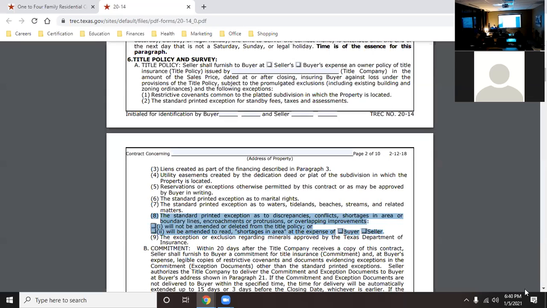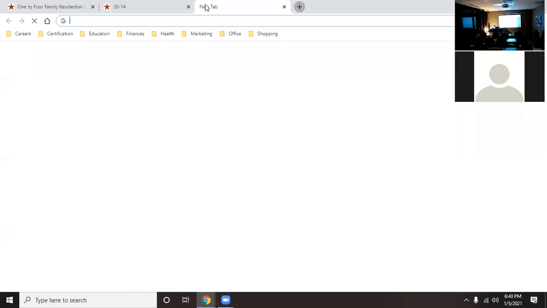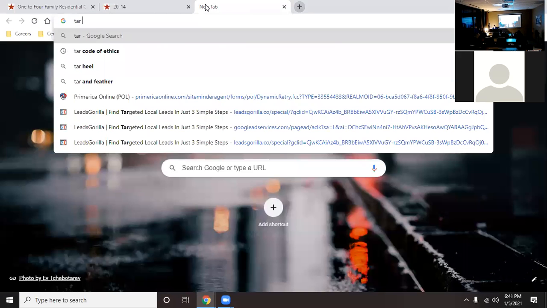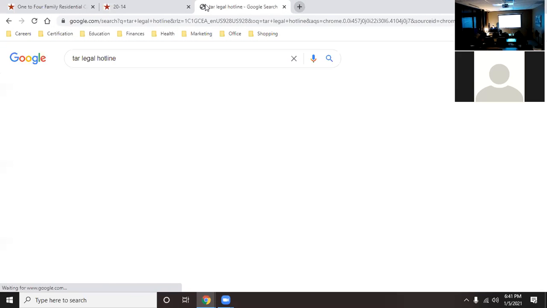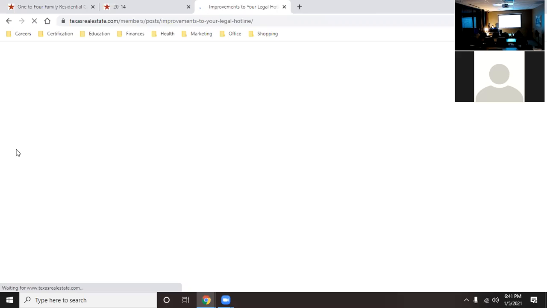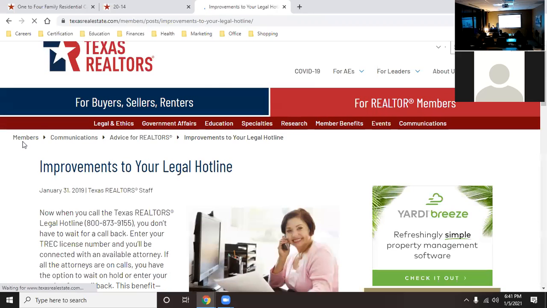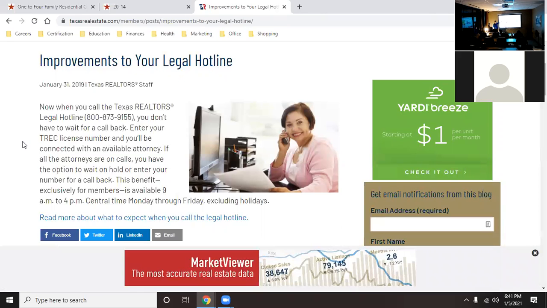Here's something that my agents probably don't know, because we haven't talked about this yet. When you become an agent, you get access to this beautiful thing. You get access to this number right here.